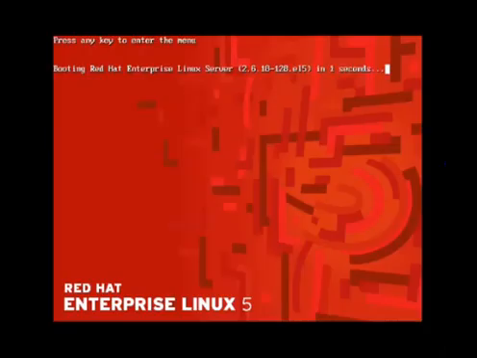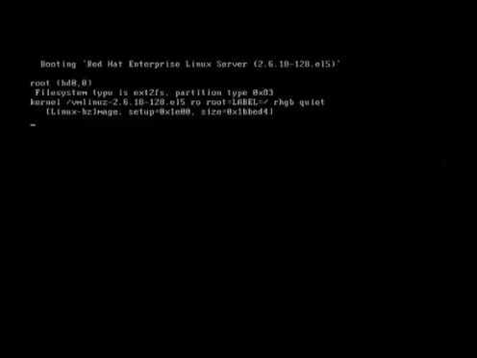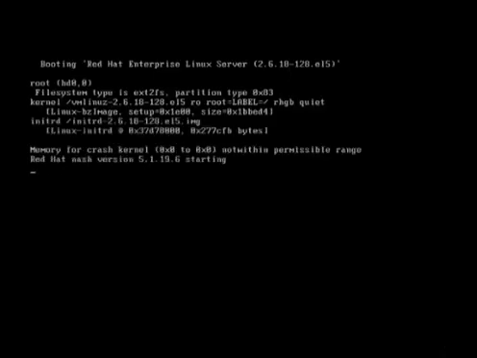Now you can see that it is asking to press some key so that we can start the operating system. So press any key, preferably escape or F12.